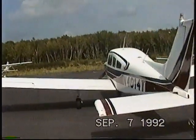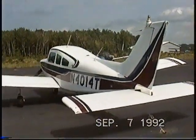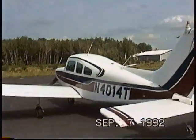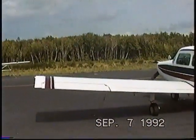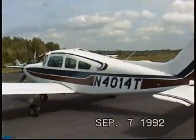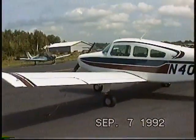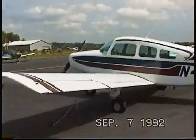The aircraft has a full IFR panel. All avionics have been installed, new avionics were installed at the end of 1989. It has dual NAVCOMs, a KX155 digital for the #1 NAVCOM, a Mark 12D digital for the #2 NAVCOM, glide slope,